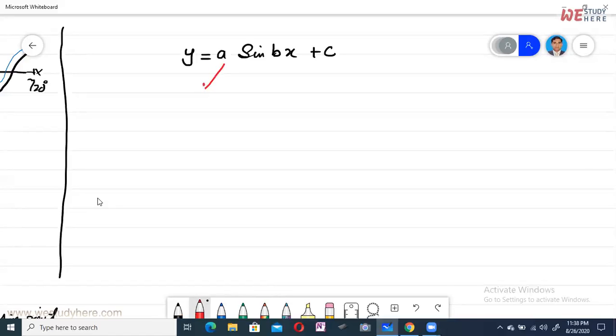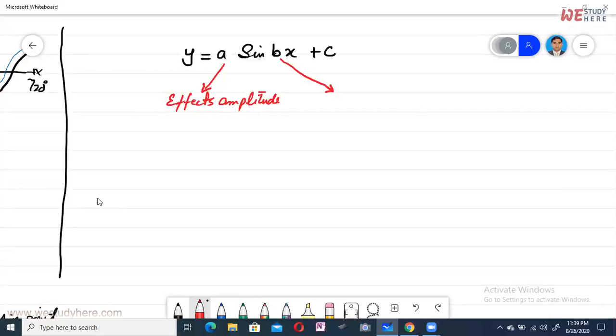This a affects amplitude. Suppose here is only sine x, then a will be 1. Okay, the amplitude is 1. If here is 2 sine x, then amplitude will be 2. If here is 3 sine x, then amplitude will be 3. Then after that,